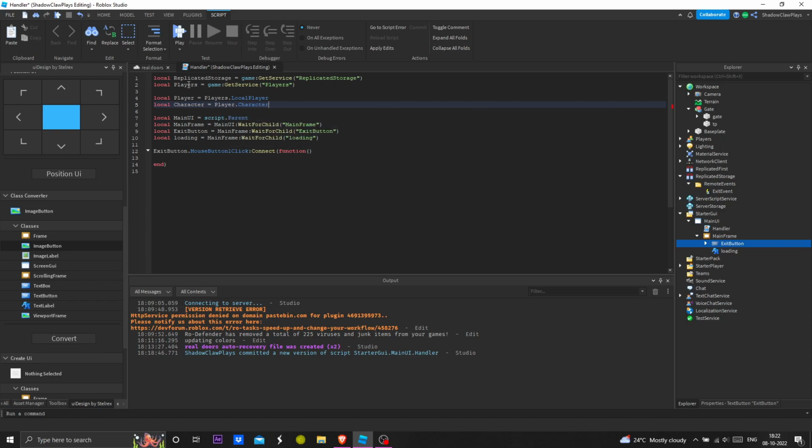Player dot Character or Player dot CharacterAdded, wait for child. I added in character wait for child. If the character fails to load, or the character didn't load and the script loaded first, we're going to make sure that the character is added or not. Okay, so next is going to be